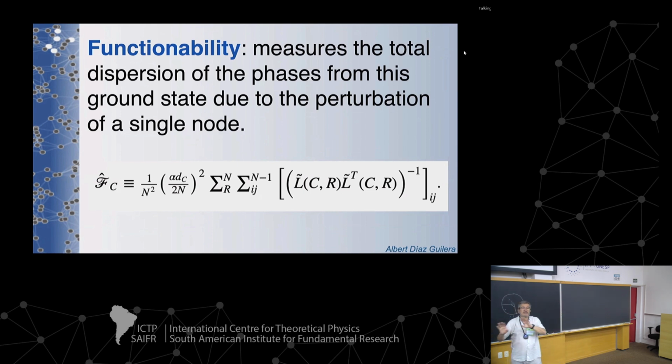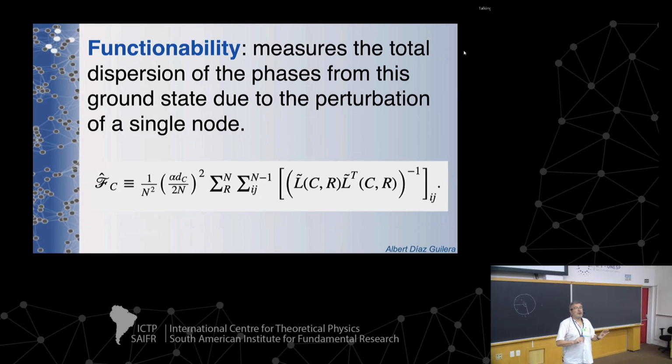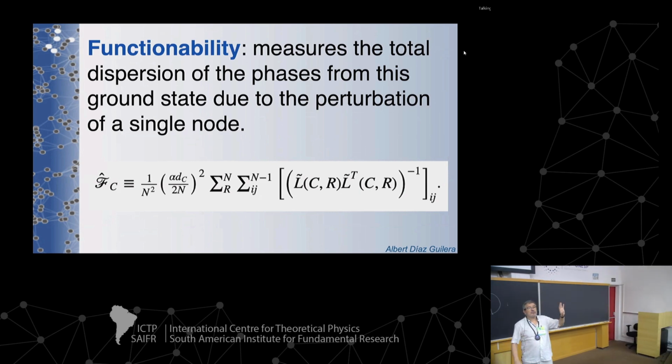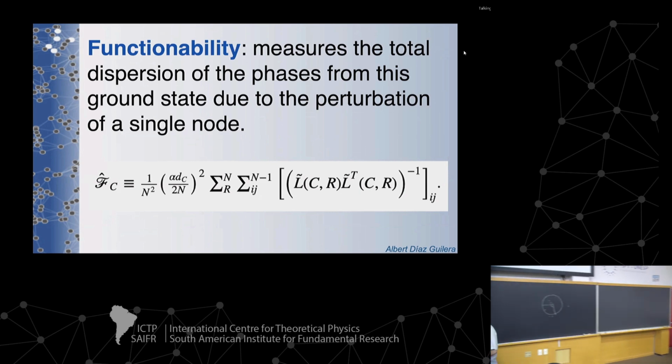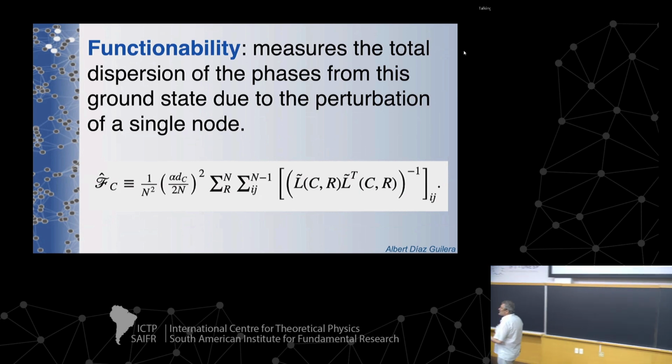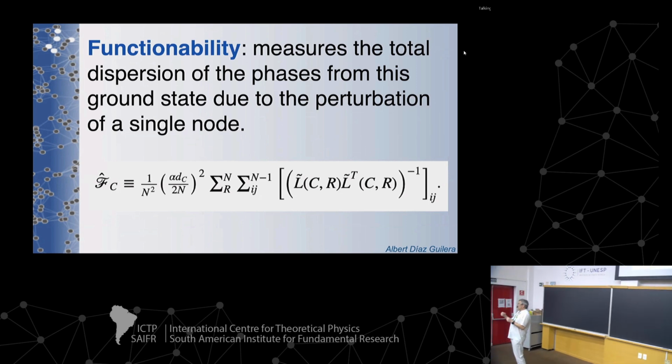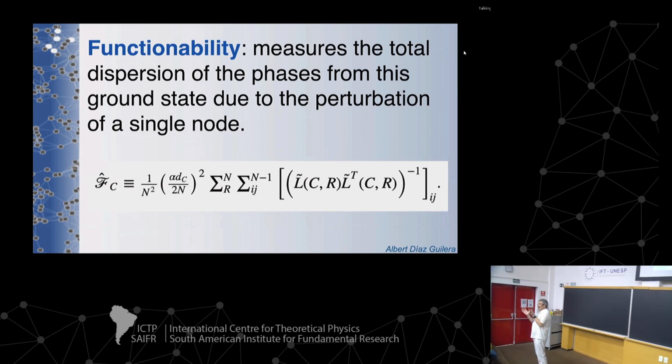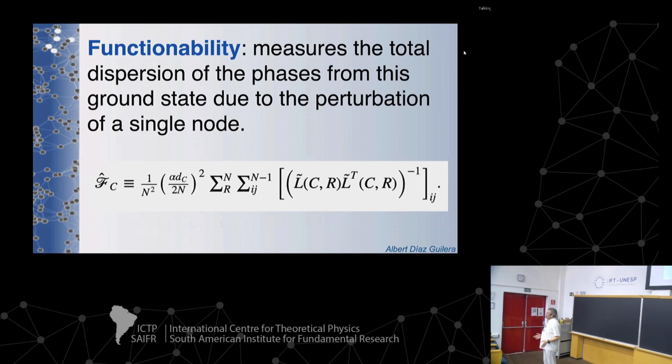In principle, this has nothing to do with the modular structure. Of course, you could use this definition when you have a network that is modular. We could use that, but we didn't, so it was a very different project at that time. Thank you. In this case, it's a perturbation of the parameter, yes. Because you are in a kind of stable state, by changing these parameters you change all the phases, because you are looking for the phase state which is closest to this one according to the conditions that you are imposing.